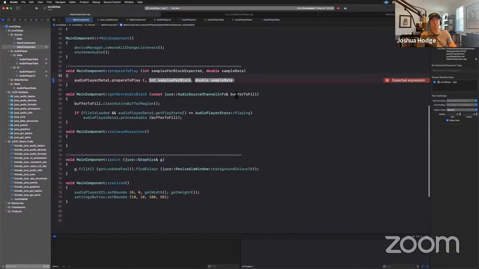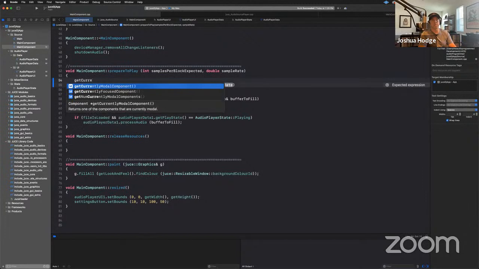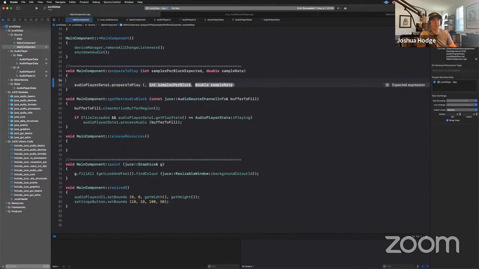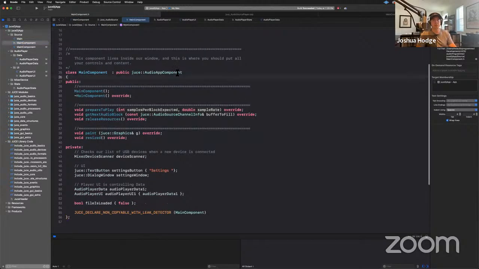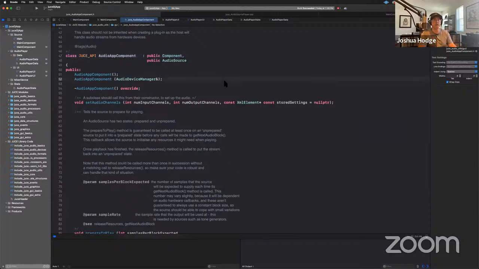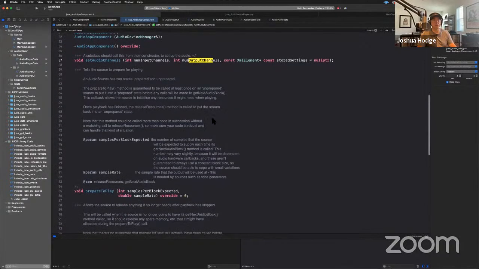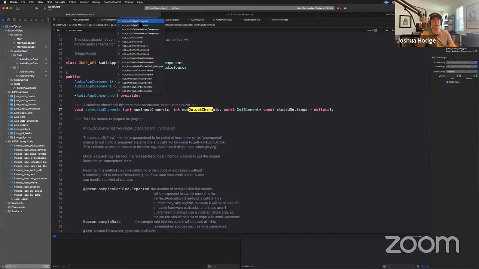So we've got buffer to fill. Maybe like get num, get current. There must be something. Okay, let's go back to this JUCE audio component class and see output channels. So set audio channels. Let's see if that actually